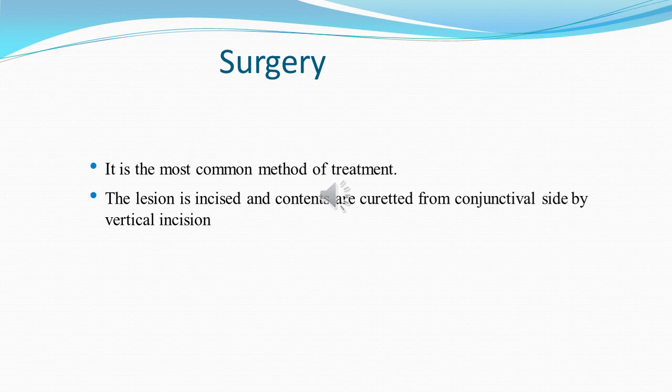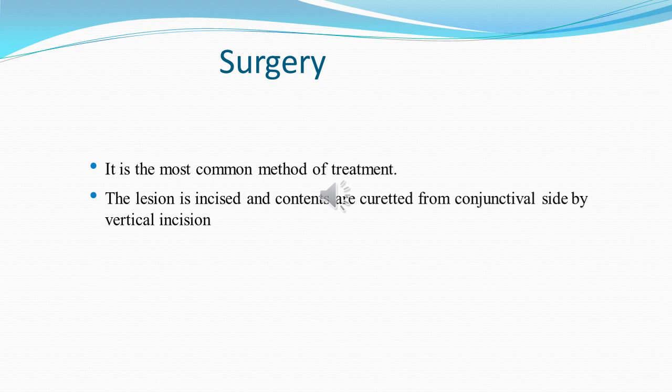What is the surgical procedure done? The surgical procedure done for the chalazion is incision and curettage. The procedure has to be done from the conjunctival side, because if you go from the skin side, there will be cosmetic disfigurement of the lid, because a vertical scar will leave traction or rugae on the surface of the lid. Because of that, the individual's appearance will be altered.